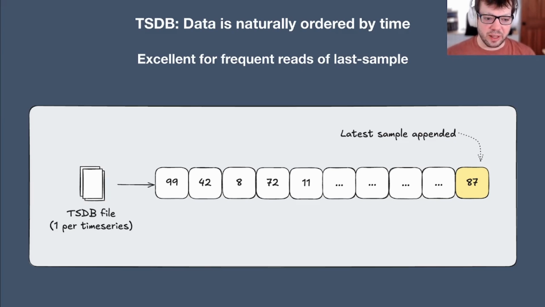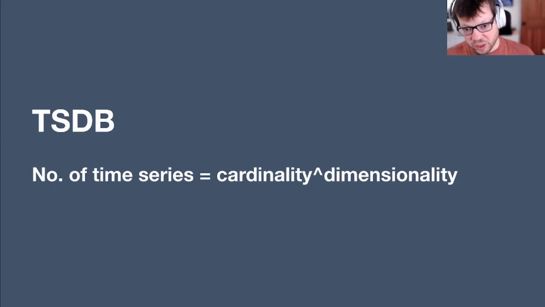Right, so we kind of showed this before. How it works is we have these append-only files, one for each time series, and we're appending the last sample. This is great in theory, but in practice it means we do have to think about our labels quite a bit, because the number of unique time series that we're going to have follows this formula of cardinality to the power of dimensionality, which means introducing a new dimension can be extremely expensive, introducing a higher cardinality dimension